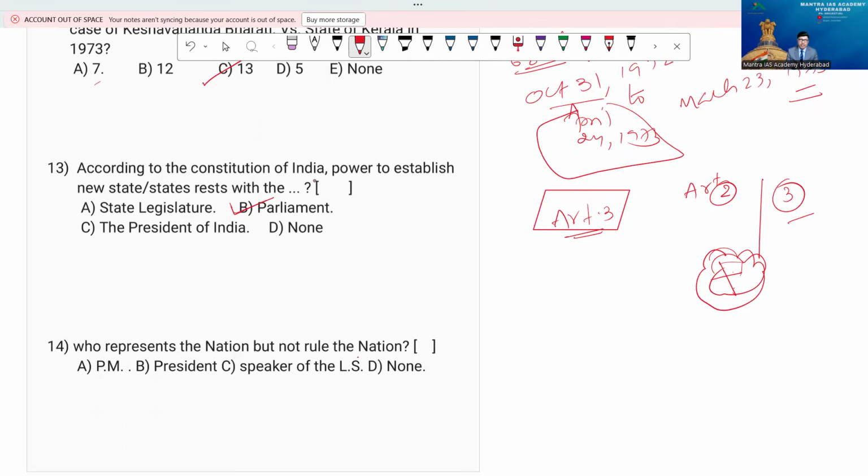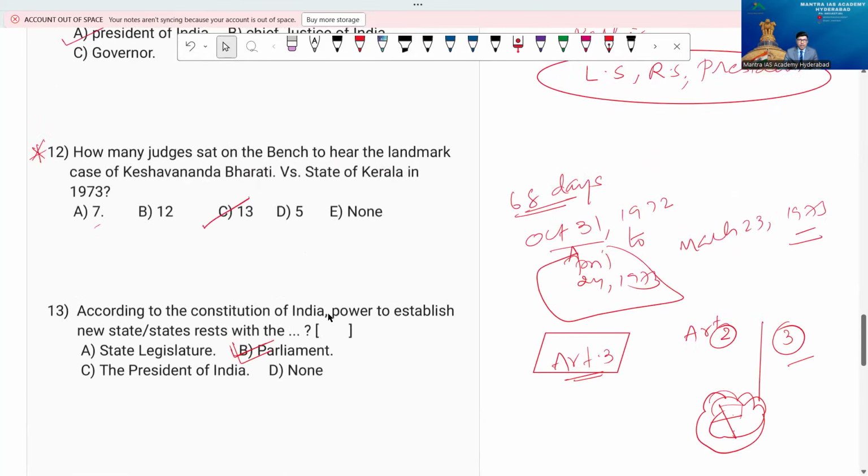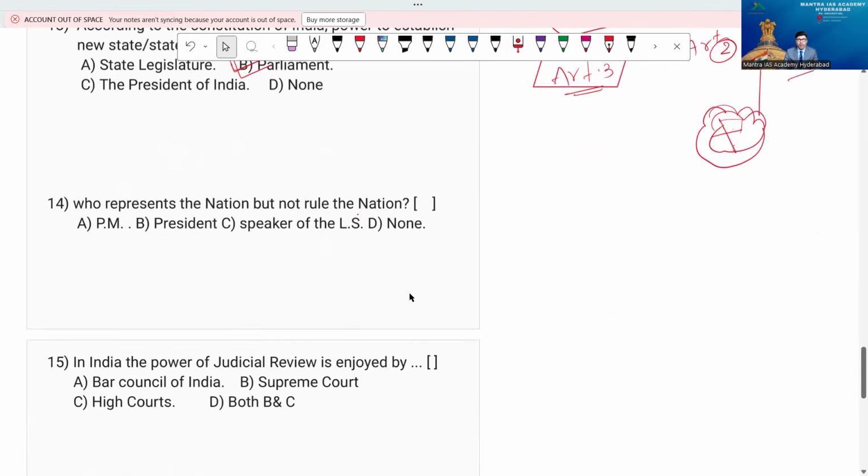They can just casually send a note, and it won't even be binding. So the opinion of the state legislature is taken only casually. But the Government of India, that is Parliament, can make law to create a new state, establish a new state, alter a state, or change its name. Everything is under the power given to Parliament only.